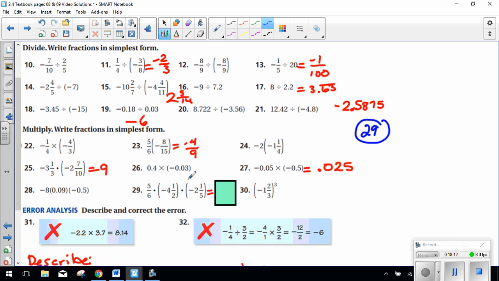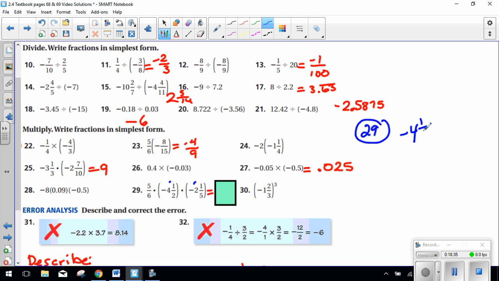So here we have 3 numbers. We can tackle all 3 at once or do 2 at a time. I personally like doing 2 numbers at a time. Since this is already proper, I'm going to work with the second number and the third number and then multiply the 5 over 6 in. So we will start with